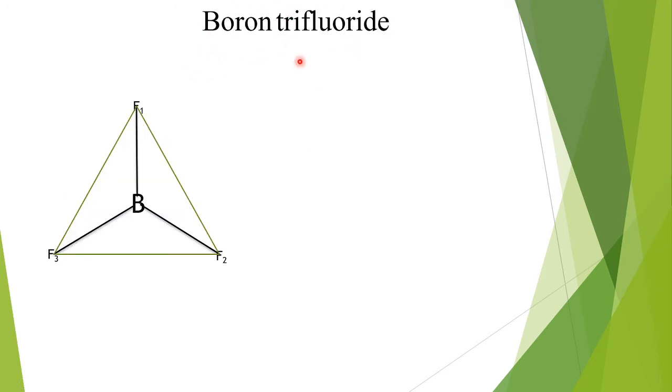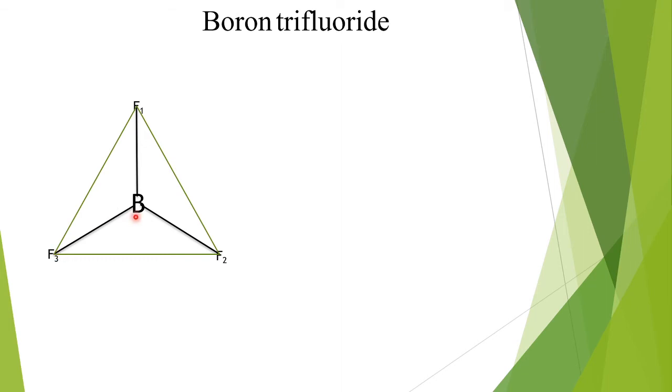Here we have the molecule boron trifluoride. As you all know, boron trifluoride has trigonal planar geometry, with boron at the center of an equilateral triangle, and at the corners of the equilateral triangle we have 3 fluorine atoms, and here I have marked the fluorine atoms as F1, F2 and